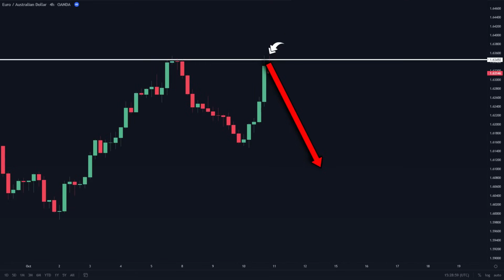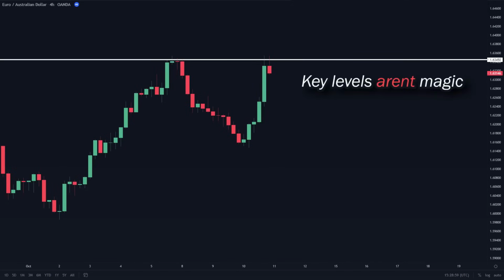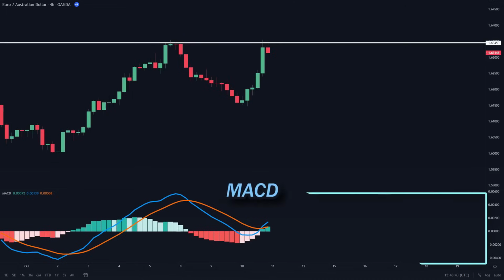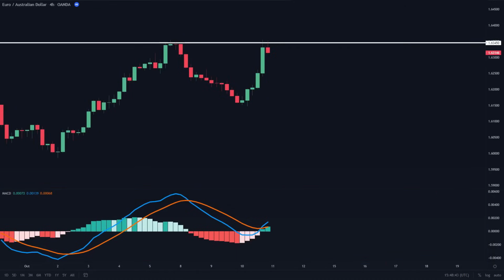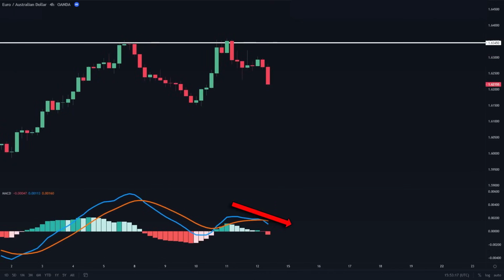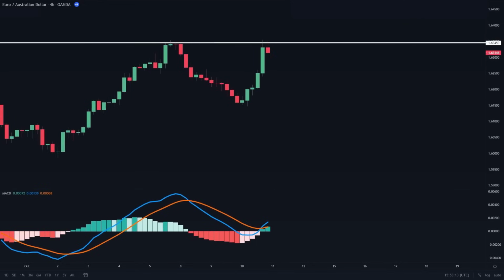However, just because the price touches a key level doesn't guarantee that a reversal will happen, because key levels aren't magic. Prices can always break right through, and that is why we need to use extra confirmation to make sure that there is actual downwards momentum as price touches this area, which is where the MACD indicator comes into play. Now, what most traders will do is wait for the MACD to cross over downwards before taking a short position. However, by doing this, notice that the downwards movement has already been made and you would have entered late. And so a secret trick that I use to get an earlier entry signal is by